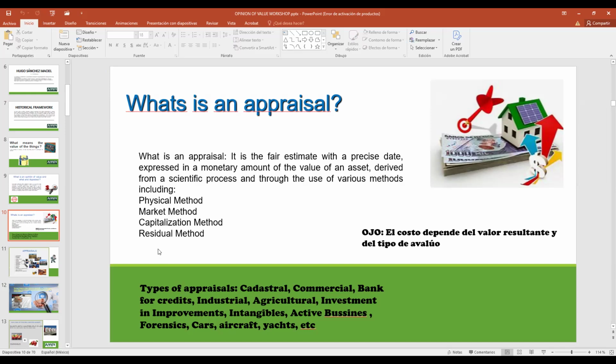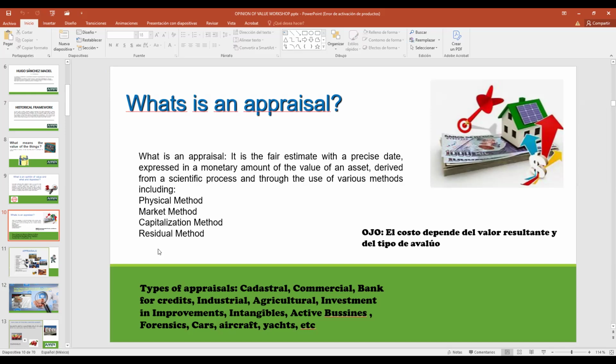There are appraisals for bank credits, industrial appraisals, agricultural appraisals, investment of improvements, that is avalúos de mejoras. I know a couple of you know what an avalúo de mejoras is. Intangible appraisals, active business. What is an active business? It's a business that is working, and the value comes from what it makes.